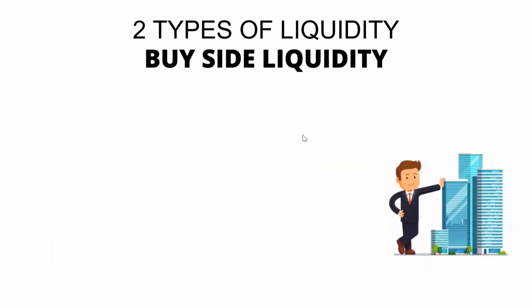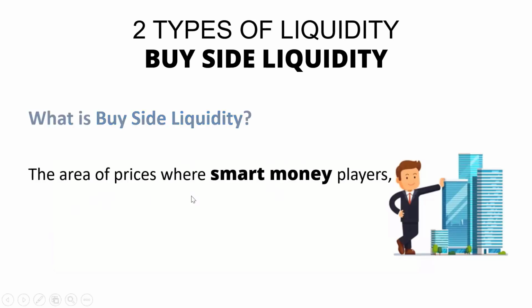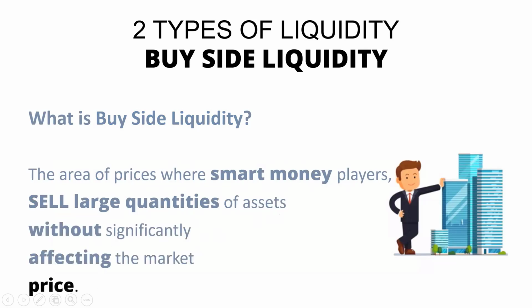Now let's talk about buy-side liquidity. So what is buy-side liquidity? This is the area of prices where smart money players sell large quantities of assets without significantly affecting the market price. So remember, when I say sell-side liquidity or buy-side liquidity, it means that when you see buy-side liquidity, it's